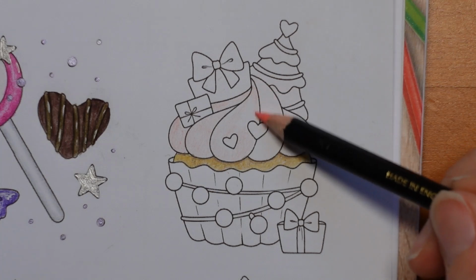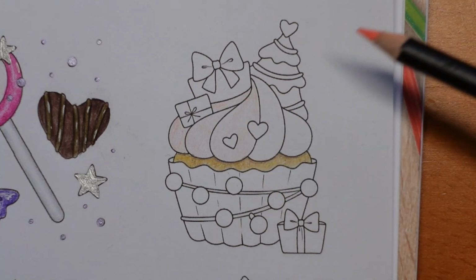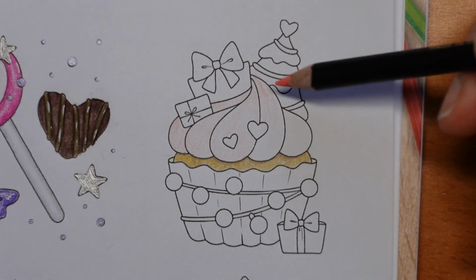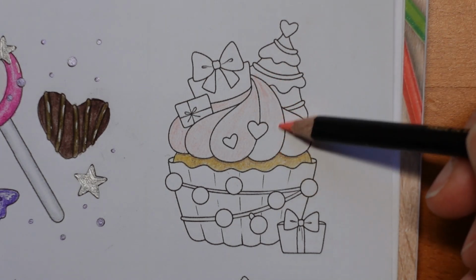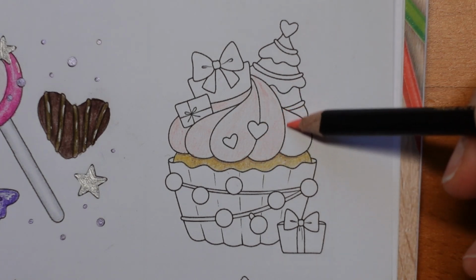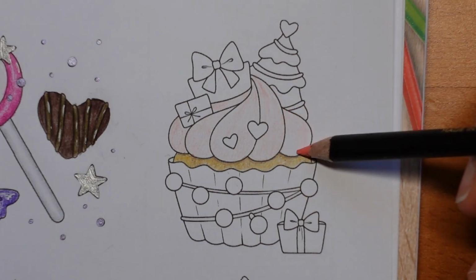And what I might do is make those hearts metallic completely. We did metallic around the hearts on our last cake that had hearts on. Ooh, that's a bit messy and heavy. You can always reduce it with an eraser, but this isn't finished yet, so I will see